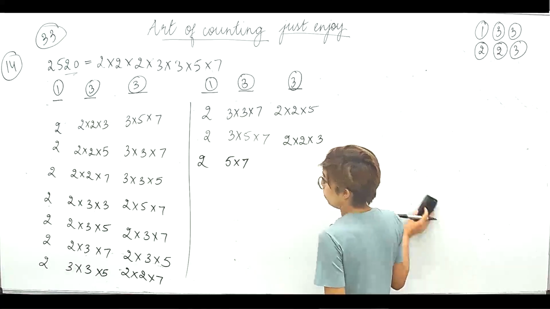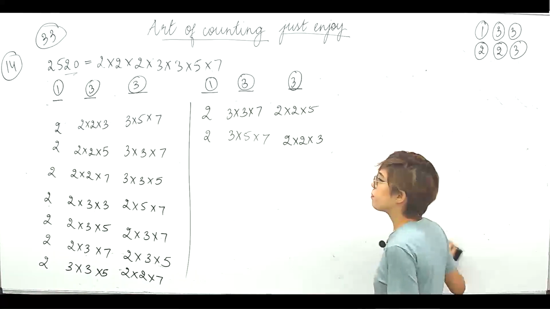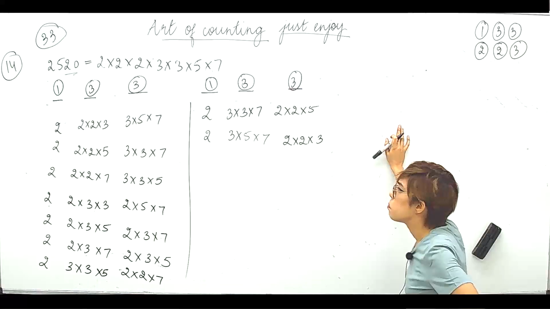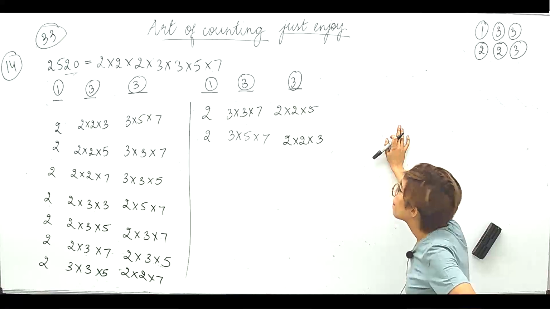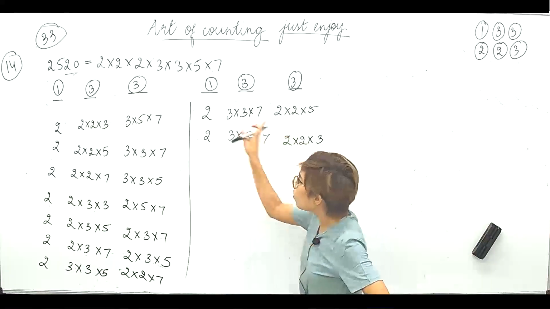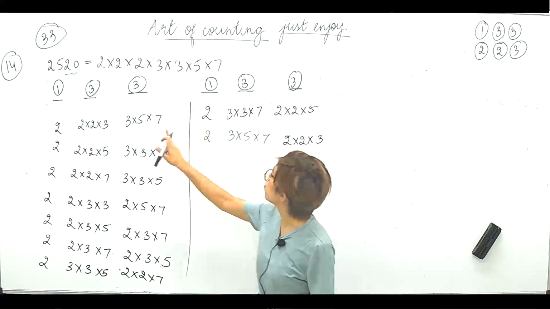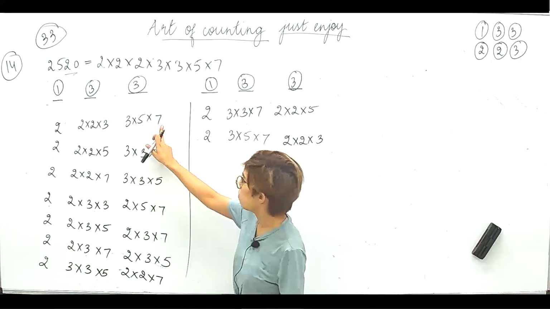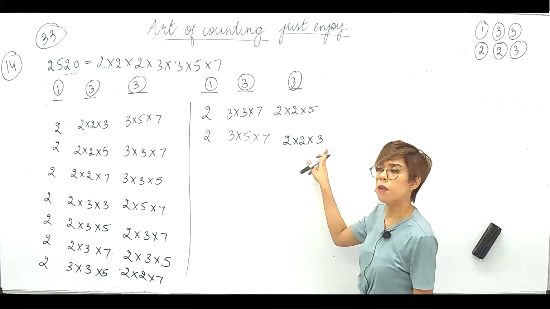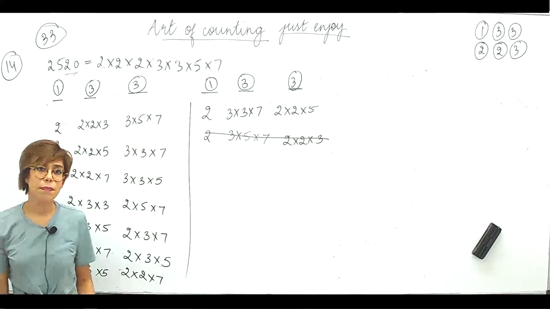Right? अब, there is a problem here. Can you see it? What is that problem? Search. एक problem है यहाँ पे. What that is? If you look at the last one and look at the first one, 3 into 5 into 7, 3 into 5 into 7, okay? और यहाँ पे 2 into 2 into 3, 2 into 2 into 3. This case and this case, they are exactly the same.